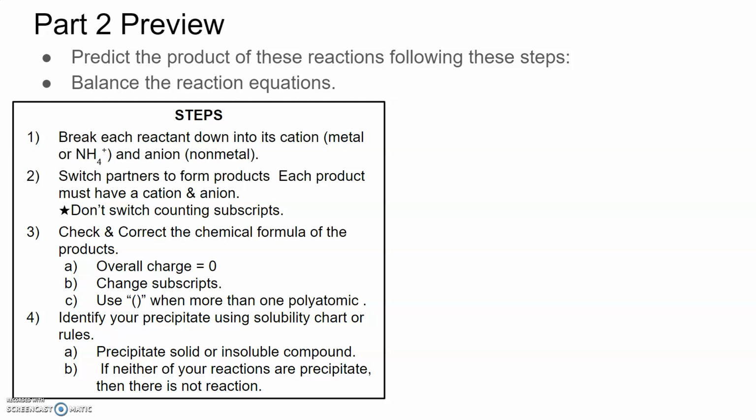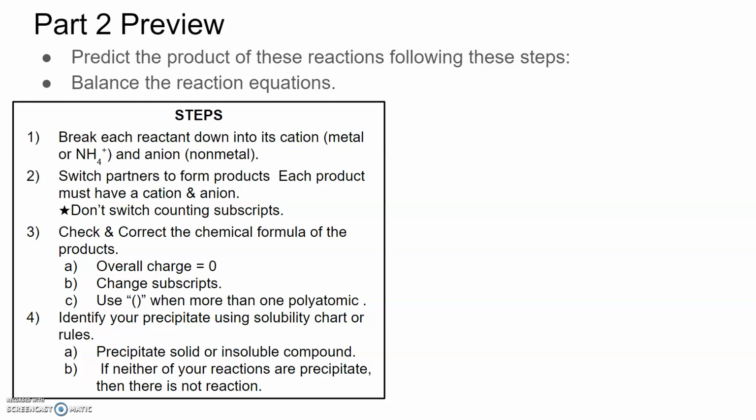And we sort of did that in the previous examples where we color coded it, the metal part and the non-metal part. Then you're going to switch the partners to form products. After you're done switching the partners, you want to check to make sure your products have the correct chemical formula. And that's the stuff that you covered in Unit 4, Day 6. So knowing that ionic compounds have to have an overall charge of 0, you'll change the subscripts of either the cation and/or the anion